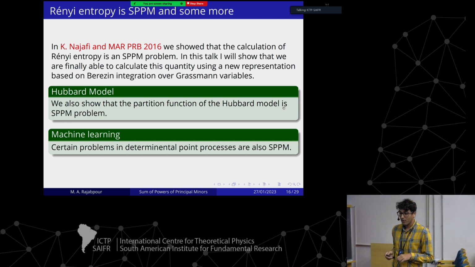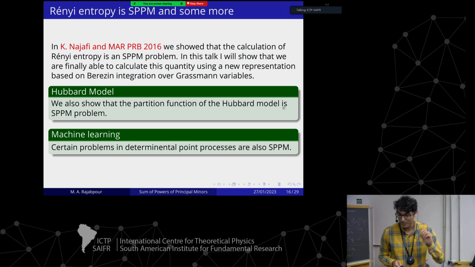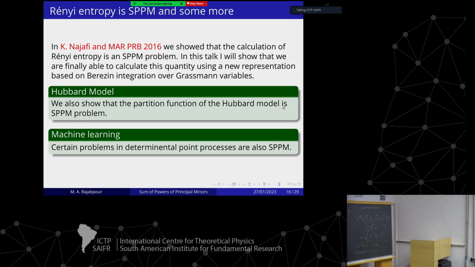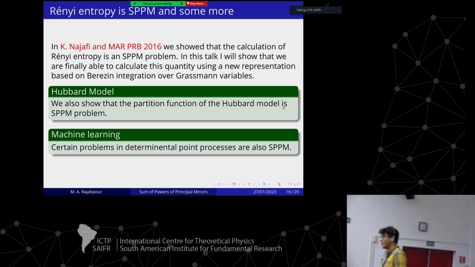of matrices. Okay, are there questions? So this part was just the motivation part. Sorry, would you mind expanding a bit more on the machine learning problems? So actually this determinant point process is exactly, you take a matrix and then you take the principal minors. But normally when they start introducing it, they introduce it as marginal probabilities, and their interest normally